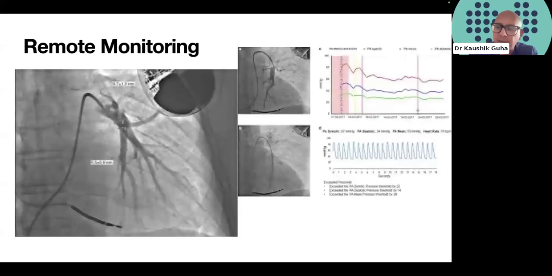Finally, moving to remote monitoring, I appreciate this is novel and the role of these technologies is being heavily evaluated, both in terms of science and health economics. I've put up this slide because I've been involved with the studies to date within the United Kingdom, and this has just recently become licensed by NICE. So this is the CardioMEMS system, which is a sensor implanted into the pulmonary artery.